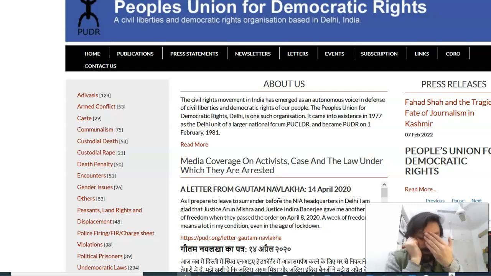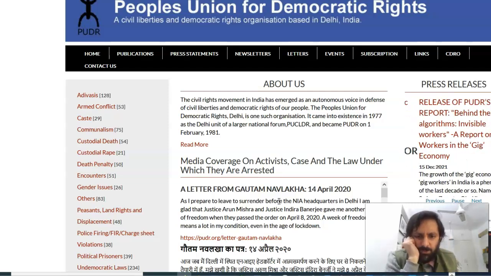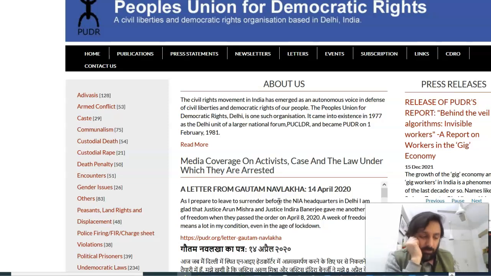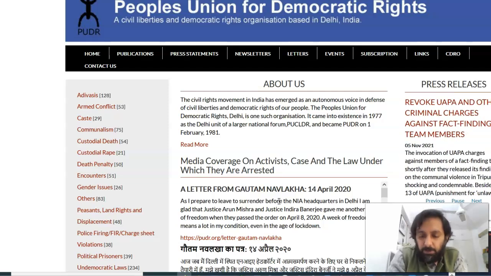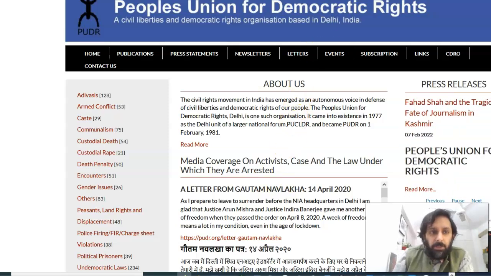He's, I believe, the secretary of PUDR right now, or at least at some point, and has been one of the people arrested in the Bhima Koregaon case. To give you a little bit of